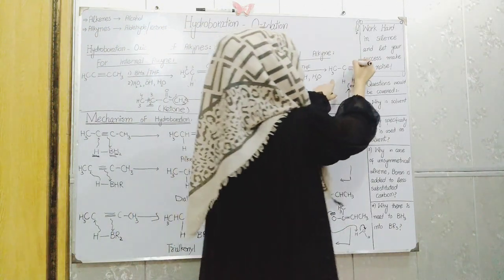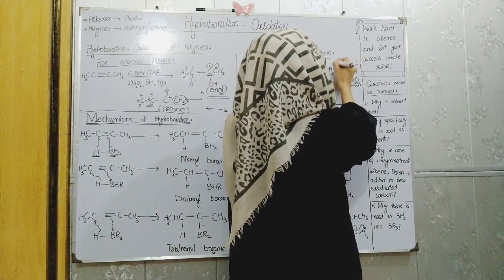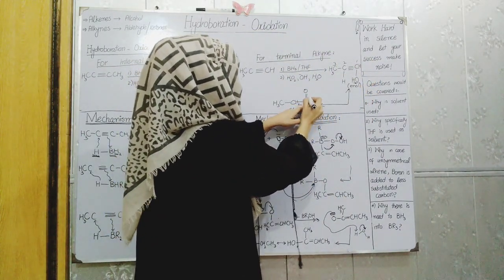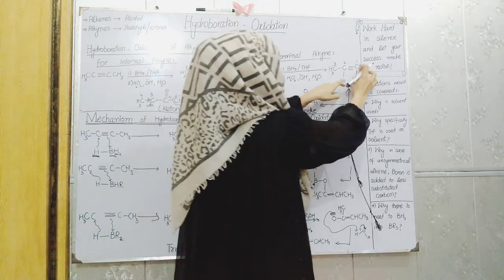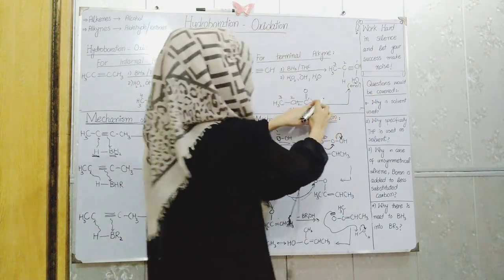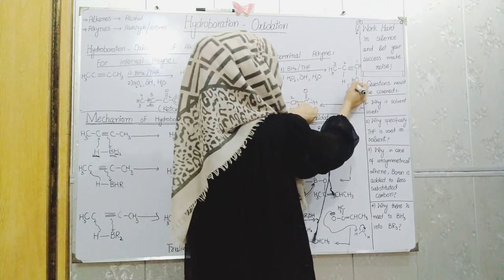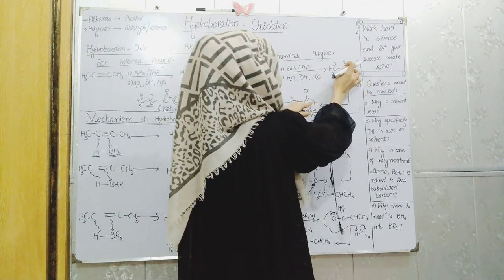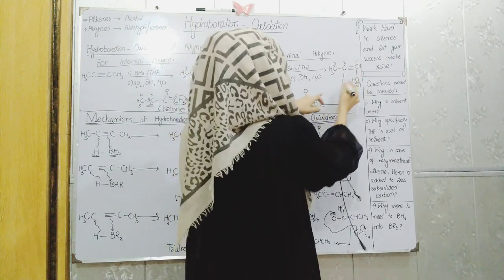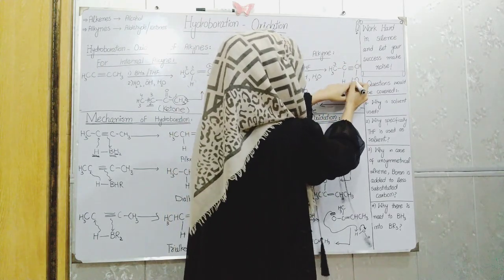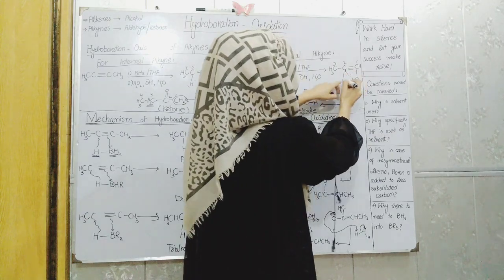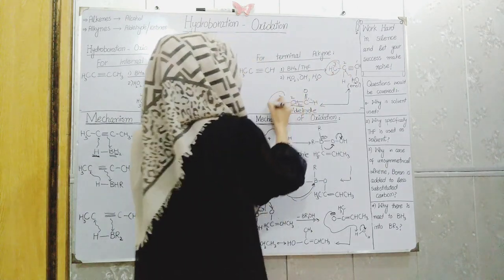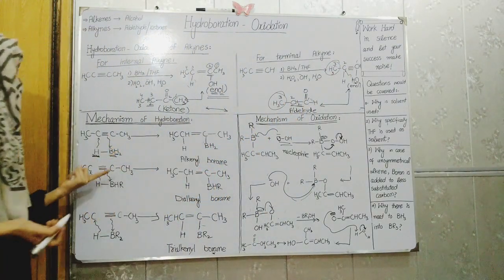Here again, if we assign numbering 1, 2, 3, number 1 carbon is attached with one hydrogen and one hydroxyl group. One hydrogen is present as such here, and the hydroxyl group is replaced here. Hydrogen moves from that carbon to the number 2 carbon, and here a doubly bonded oxygen, and that hydrogen moves to that carbon. Here first one hydrogen was present, now 2 hydrogens are present, and the methyl group is present as such. And the mechanism is also the same.